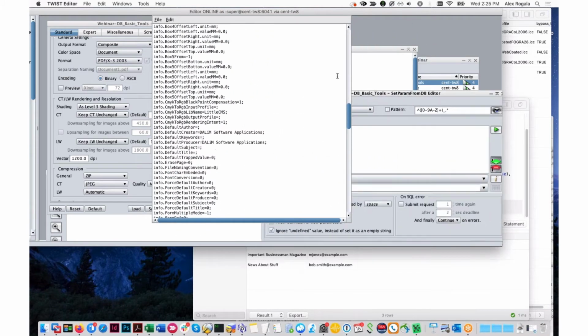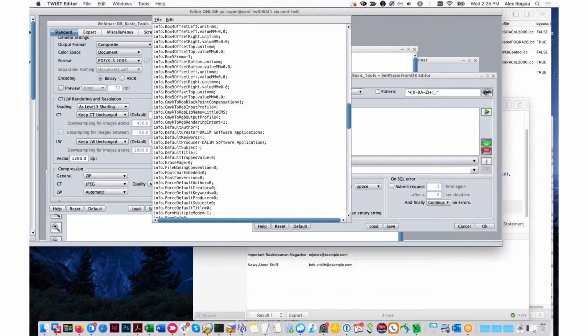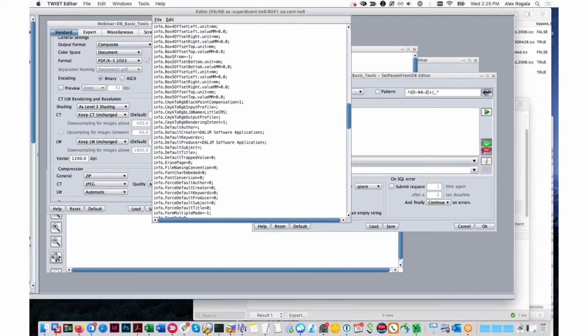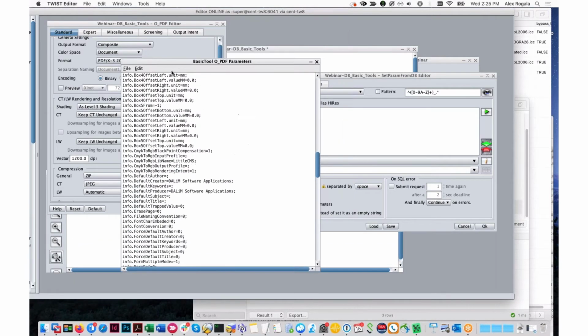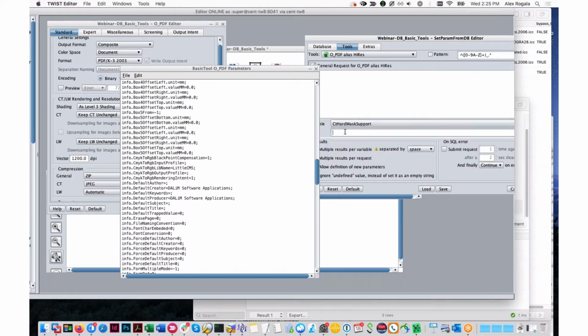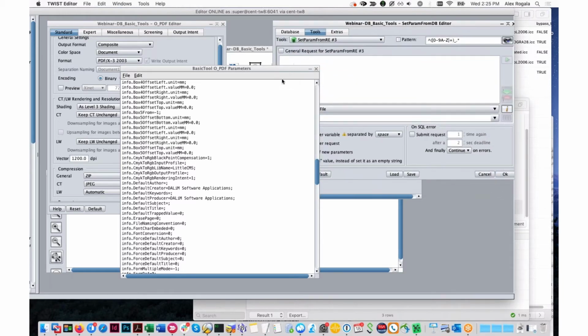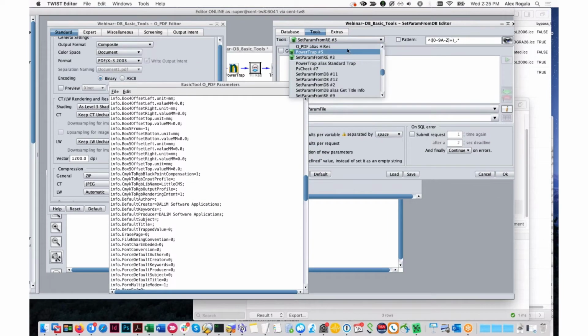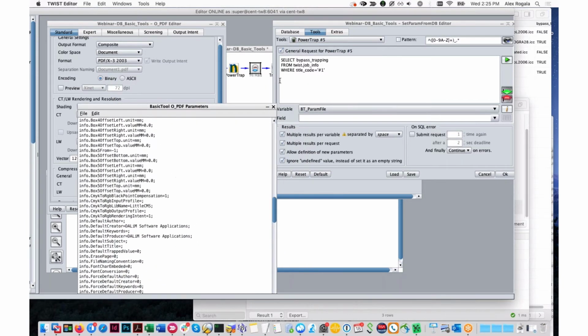So these are all what you see in the list here. I can basically take these and set them directly in here to a specific field in the database. I have two set up here. I have one for PowerTrap and I have one for setparam from RE. Or not for setparam from RE, that's getting confused here now. Okay, here we go. So I have one here for my PowerTrap tool,